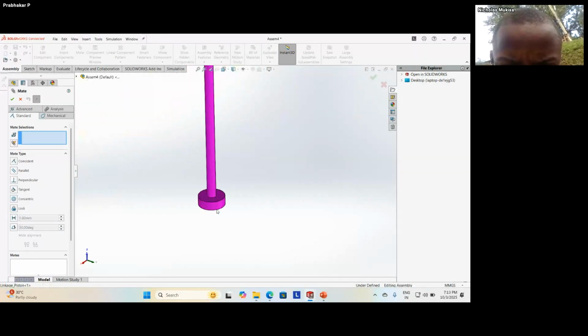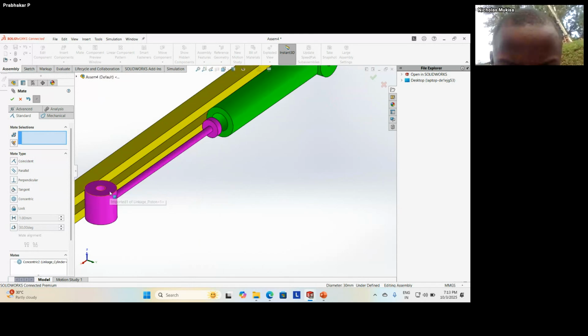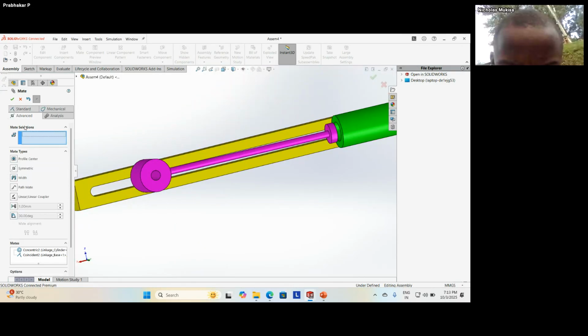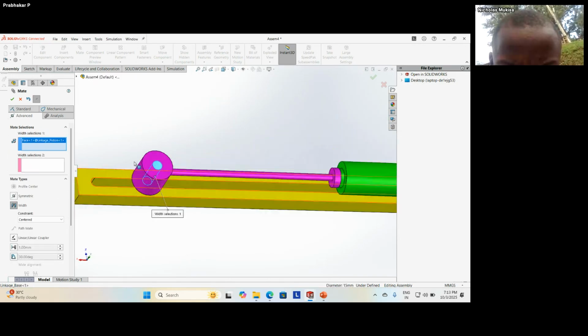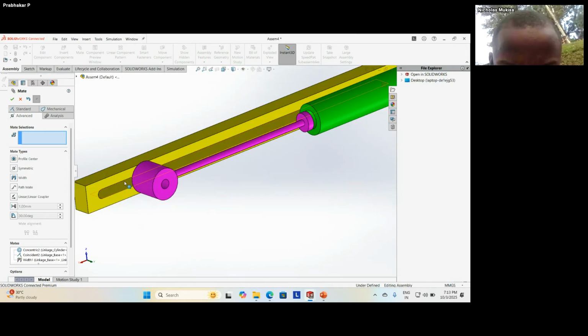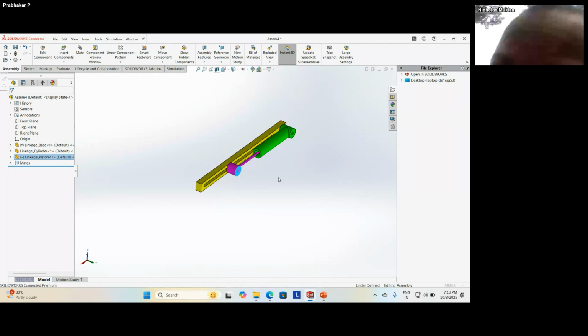I give concentric. Instead of selecting the edge, always practice selecting the surfaces. Then this face will be touching here, and this hole is centralized to this. For that, I use width mate. Going to advanced mate, going to width mate, I select this face and this face. Automatically it will get centralized. The hole will be centralized to this slot. Now it still has movement, moving up and down. So what I do is take a section view.